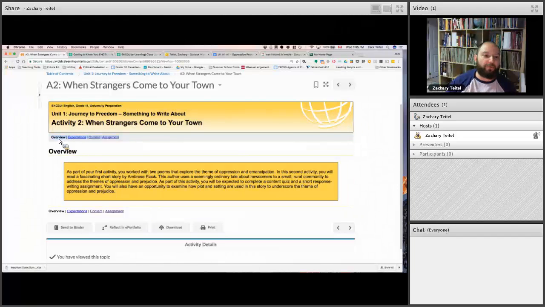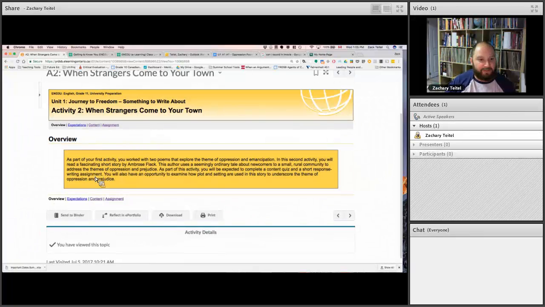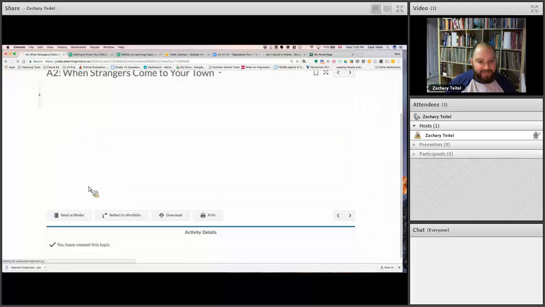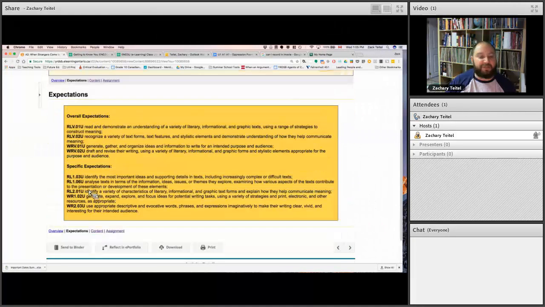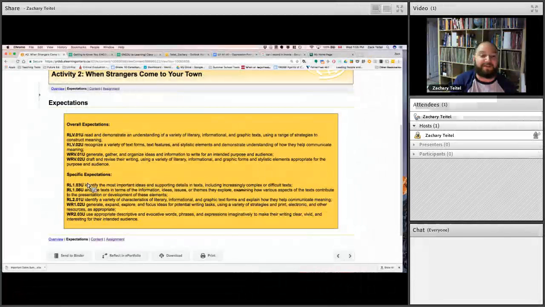You will see an overview, which is actually really useful. I wouldn't skip over this. The overview gives you an overarching idea of what you're going to be doing in that activity. You can click on the expectations. These are the specific curriculum expectations that we'll be exploring. These are like the skills that you ideally are taking away from working with the learning that is found inside